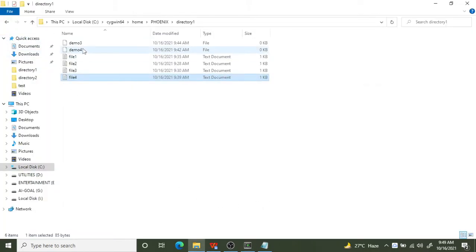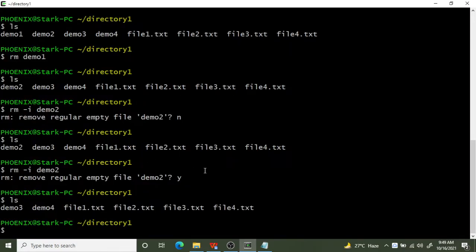Go to the directory and see demo2 is deleted. Cool. This is how the i option works. It shows you a message, and you have to take action on that message, whether to say yes or no.